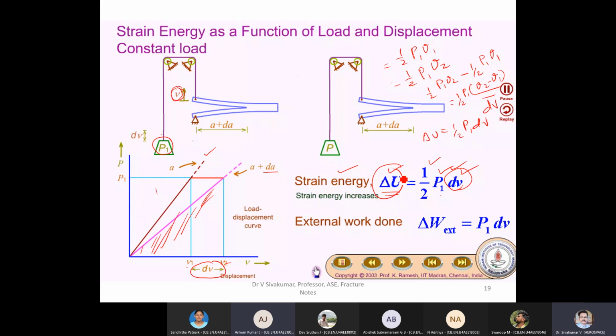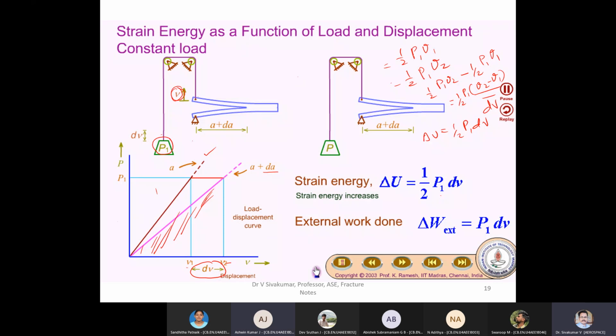Sir, I have one small question. In this diagram, we have placed a support at the bottom and the force is applied on the top by the usage of pulleys. Instead of that, if we put the support at the top and directly connect the load down, will that also be similar, or is this the method?